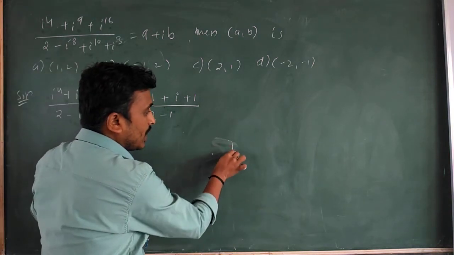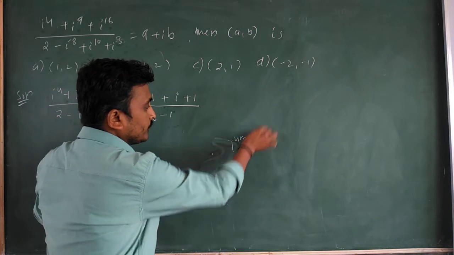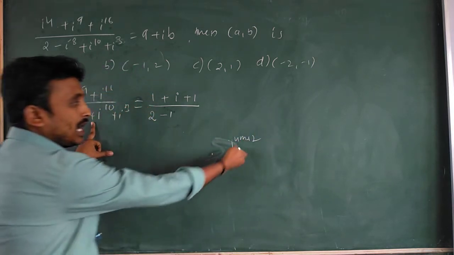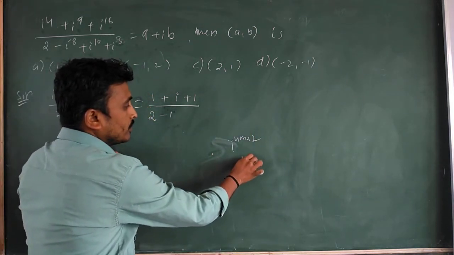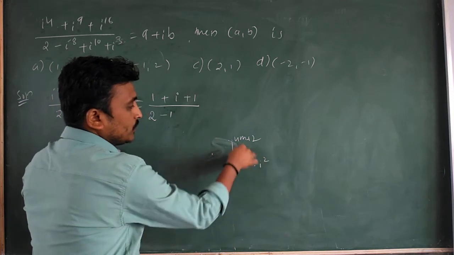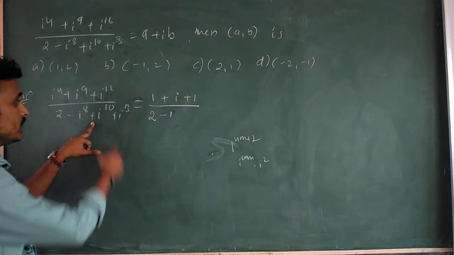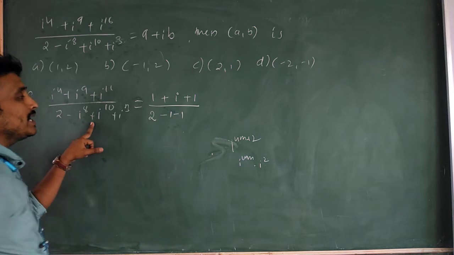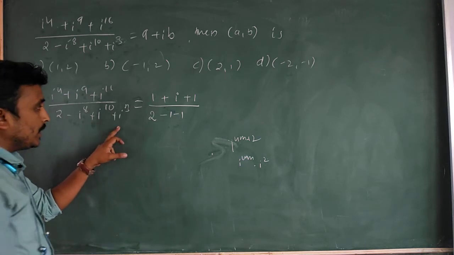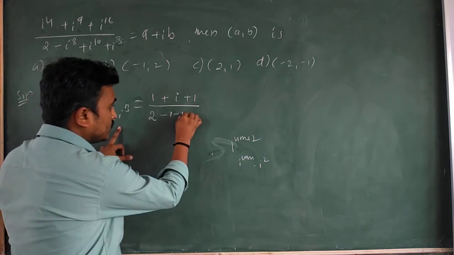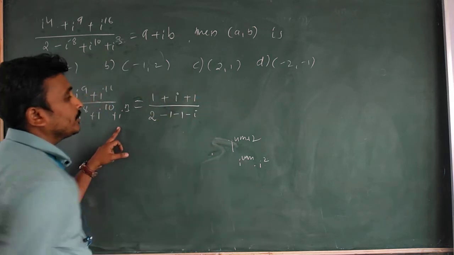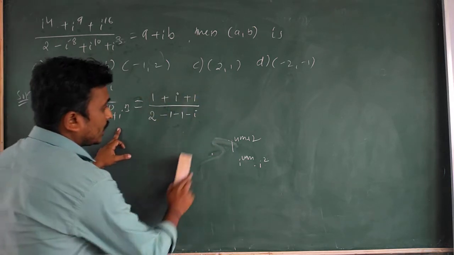Okay, 4 divided by i power 4m plus 2 comes. i power 4m plus 2 is i power 4m into i square. This is 1, and i square is minus 1. So therefore it is again minus 1. Plus i cube, which you already know is minus i.